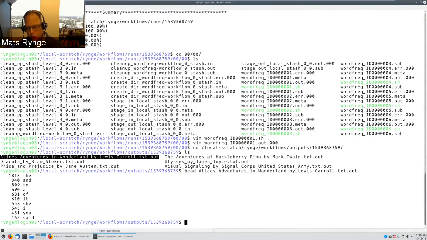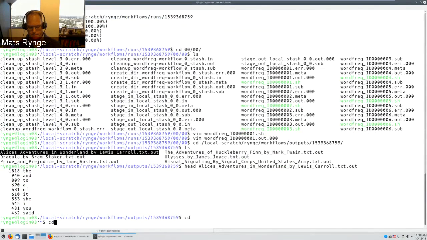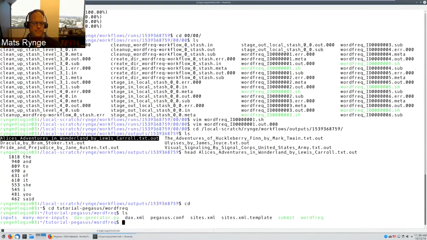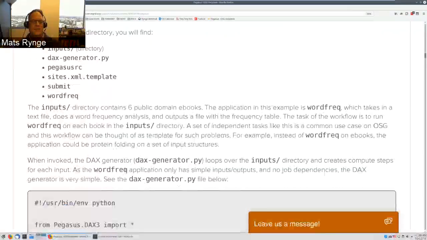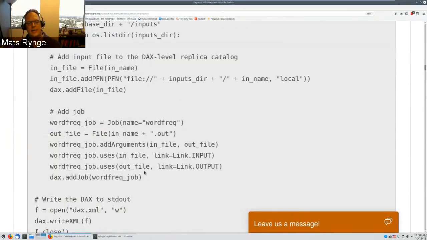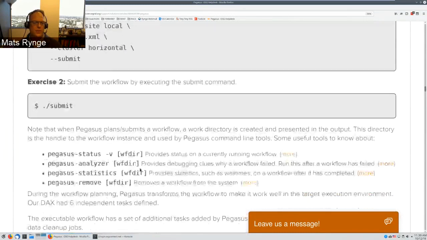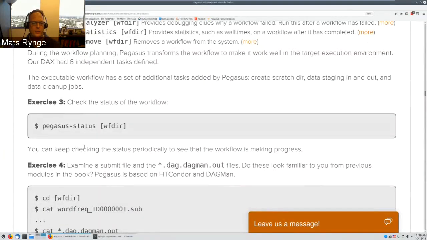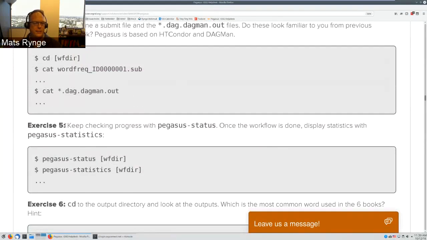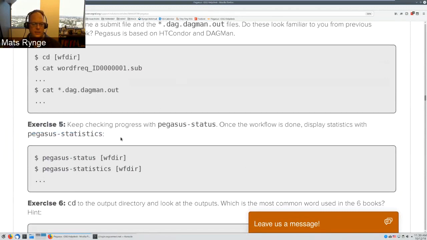So now what we could do is run a little bit bigger example and show one of the optimizations that we could do to this workflow. So we're back in my home directory. We go to tutorial Pegasus WordFreak again, going back to this self-guided version here. The things I've been going through, like here's the Dax Generator, here's the submit script, it's all in here. So if you want to go back and remind yourself how this worked, you can go back into here. And the stuff I'm doing now is loosely based on these exercises. It's not exact, but